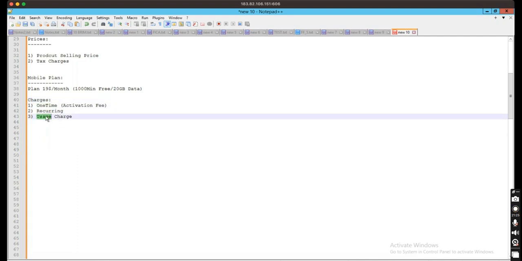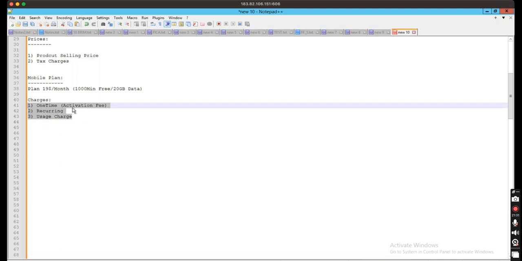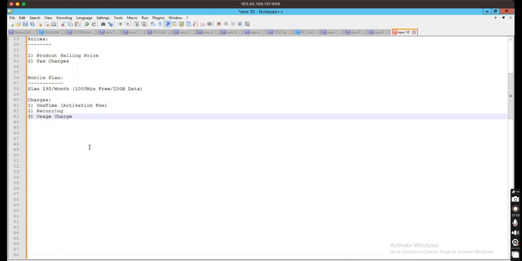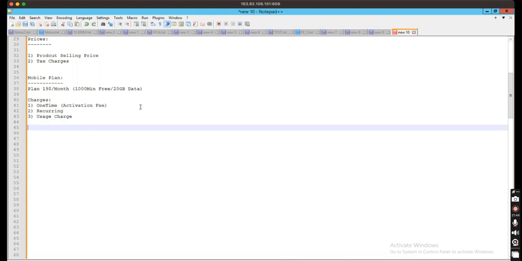And SAP BRIM supports only these three kinds of charges. You don't see any other charges. Even if you find any other charge, it can be fit into one of these three. So if you look at one more example,